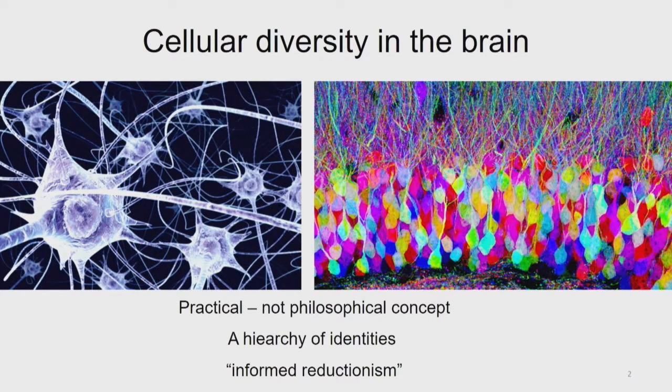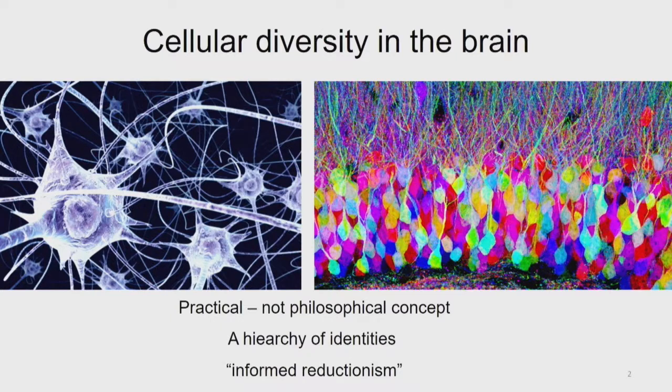The other one here is an image of a rainbow mouse, and I use this to show the opposite view, which is that all neurons are different, and we call this the snowflaking approach. Every neuron is different. What we do in my lab really goes from the assumption that the truth must lie somewhere in between. In order for us to have any chance of making sense of the brain, we need to have some kind of organizing principle behind the cells in the brain.